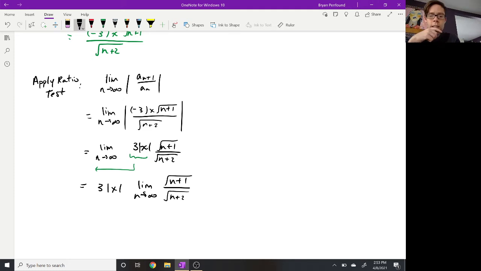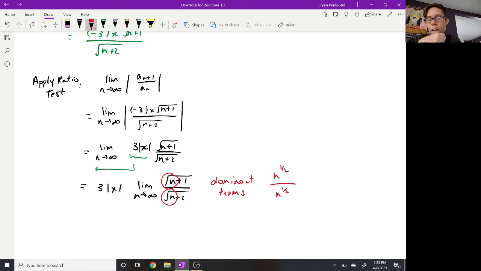Now my guess is that this is probably going to tend towards 1. And I'm saying that because I'm looking at the dominant terms inside the numerator and denominator. So the dominant terms are n to the 1/2, or the square root of n, over n to the 1/2, or the square root